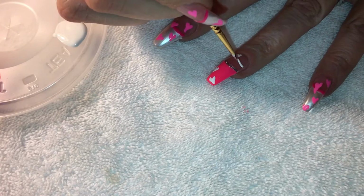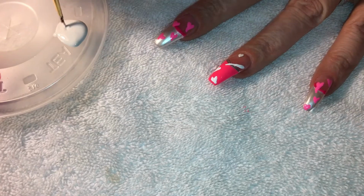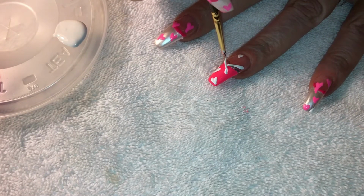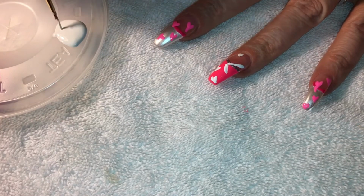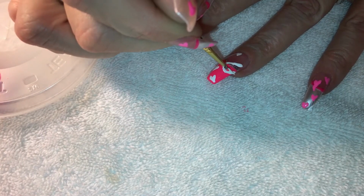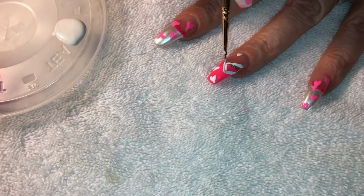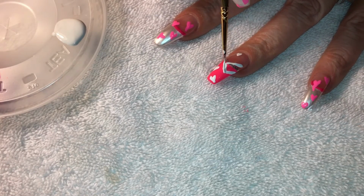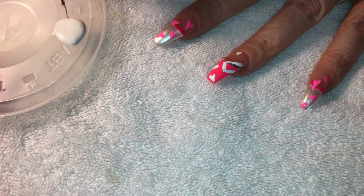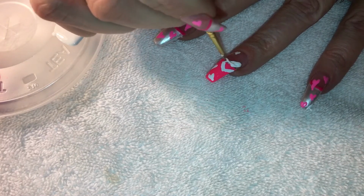So I'm just going to draw a square, or kind of like a rectangle. So it's going to be longer like that. And then I'm just going to meet this line with this line. And come over here and meet this line with this line. And just kind of clean up your, you don't have to be perfect because you're going over with black. You're going to border it. So I'm just going to fill this in now